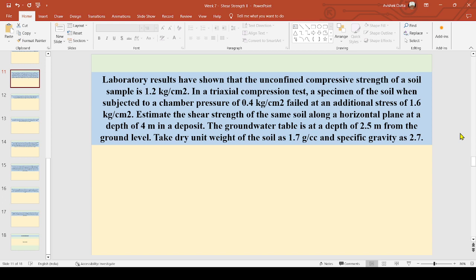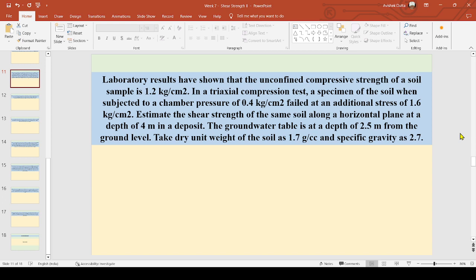Estimate the shear strength of the same soil along a horizontal plane at a depth of 4 meter in a deposit. The groundwater table is at a depth of 2.5 meter from the ground level. Take dry unit weight of the soil as 1.7 gram per cc and specific gravity as 2.7. So we are asked to find out the shear strength in field condition using the test results obtained from the